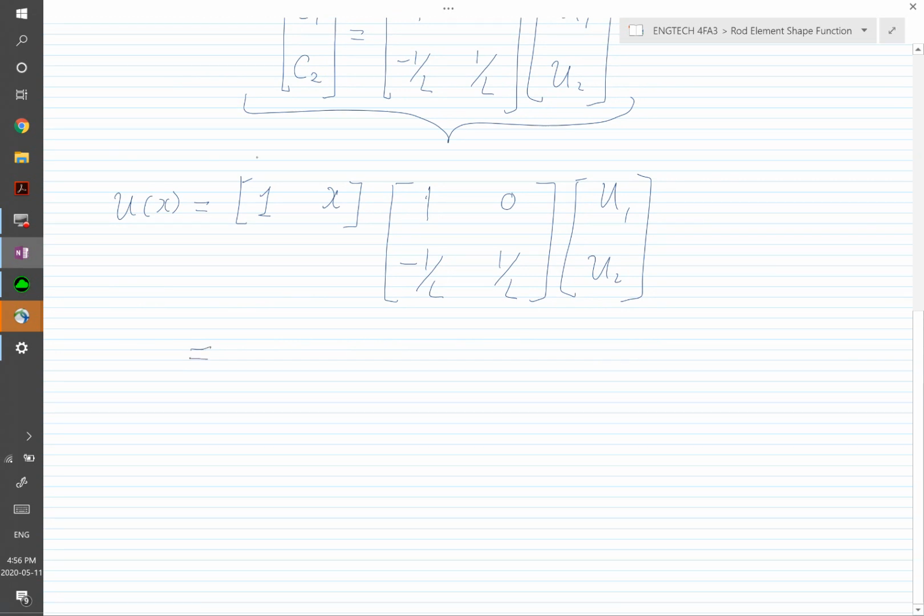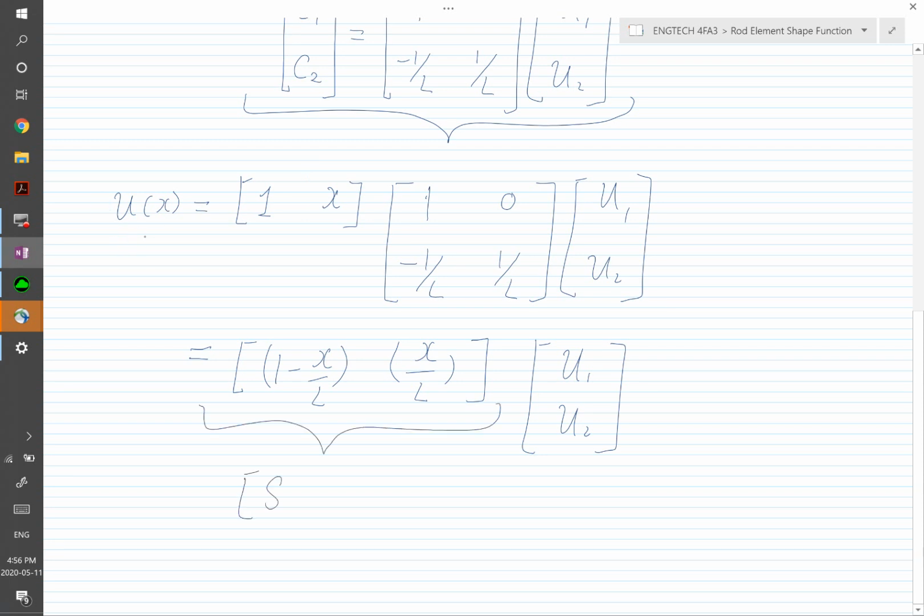Let's do the multiplication. We have two terms, u1 and u2. Congratulations. Now you have the shape function,